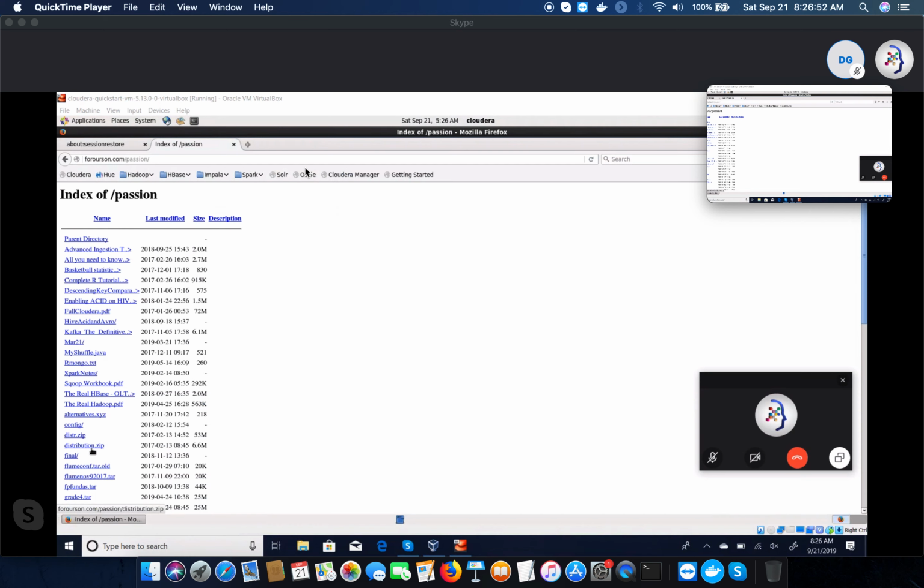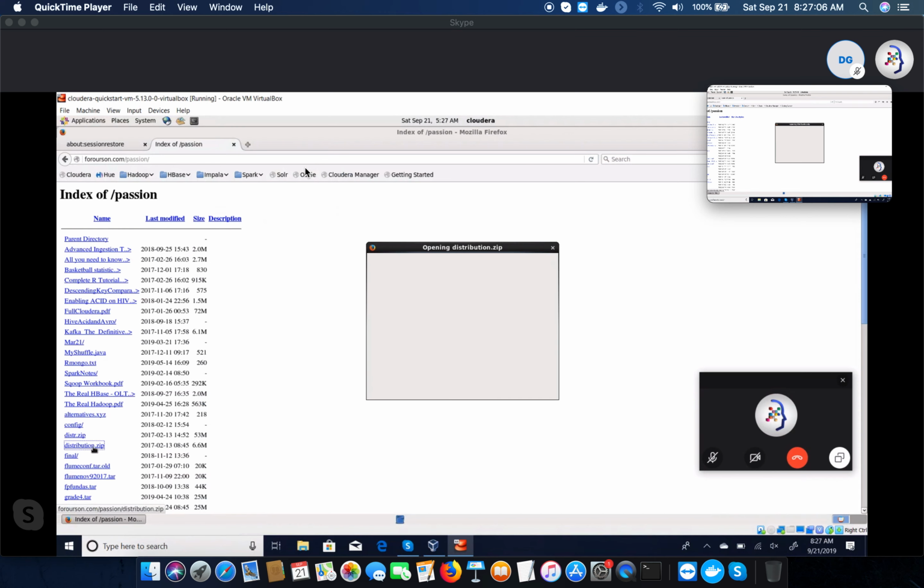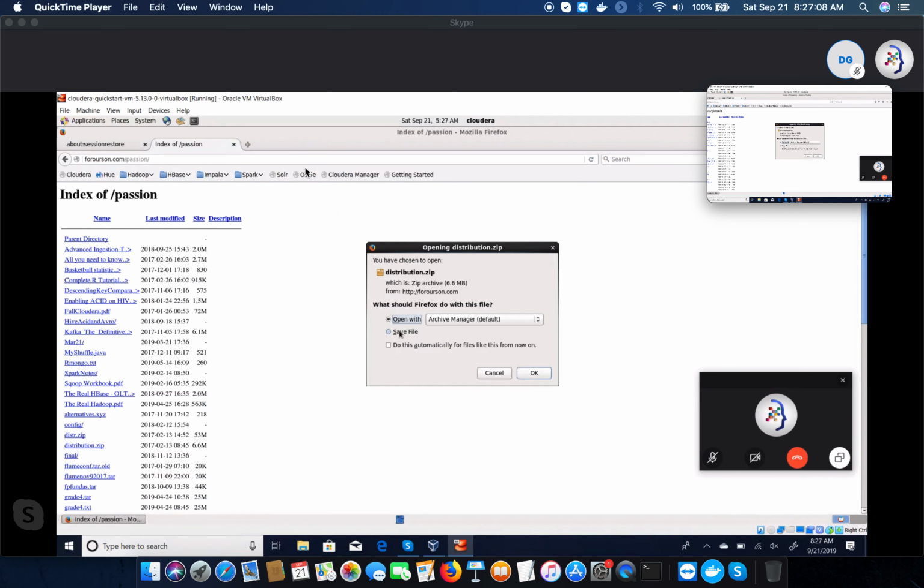Distribution.zip. And look at what I'm doing. If you are doing along with what I'm doing, you may lose the context because there are so many steps that I'm going to go through. Whenever you click on that, select Save File